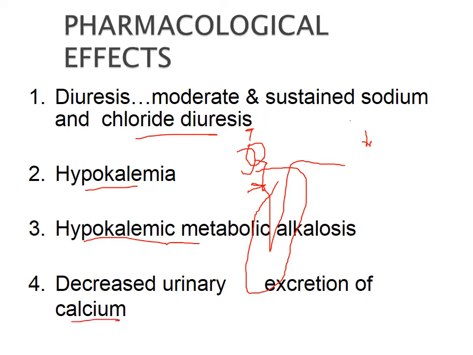So that is one of the most important points, and it is also a clinical use, because they are decreasing the urinary excretion of calcium. So in the condition where the patient is having stones in the kidney, basically calcium stones, then the choice of our diuretic will be the thiazide diuretics. If the patient is having calcium stones, then the choice of the diuretic will be the thiazide diuretic, because it removes calcium from that nephron.